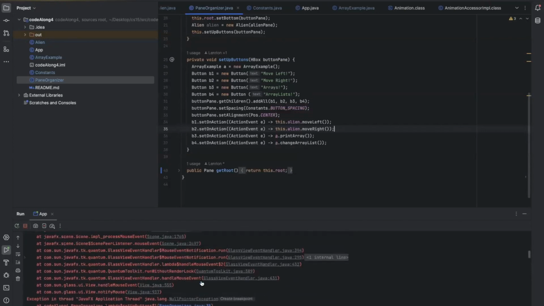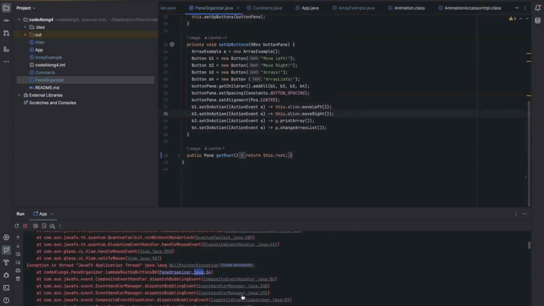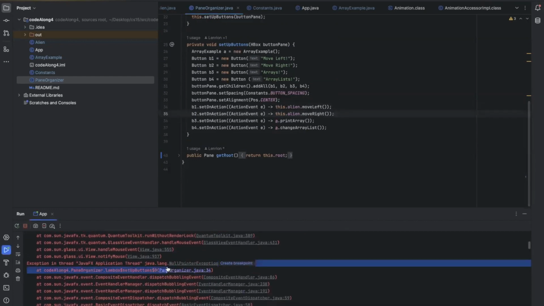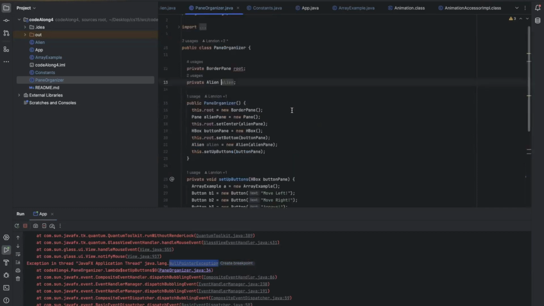Interesting. So anything that involves me calling on the alien is throwing a null pointer exception. A null pointer exception usually occurs when I try to work with a variable, but the variable isn't properly instantiated. So that variable is null, and then when I try to do move left or move right on a null object, it's going to throw a null pointer exception. So that means maybe something is wrong with our alien. So I'm gonna command click, which is gonna show me